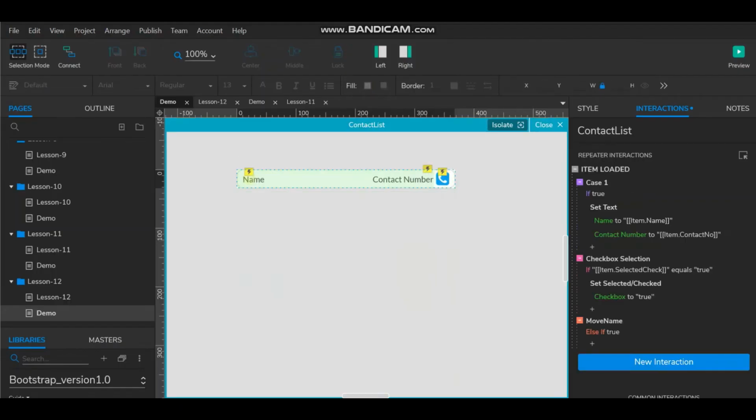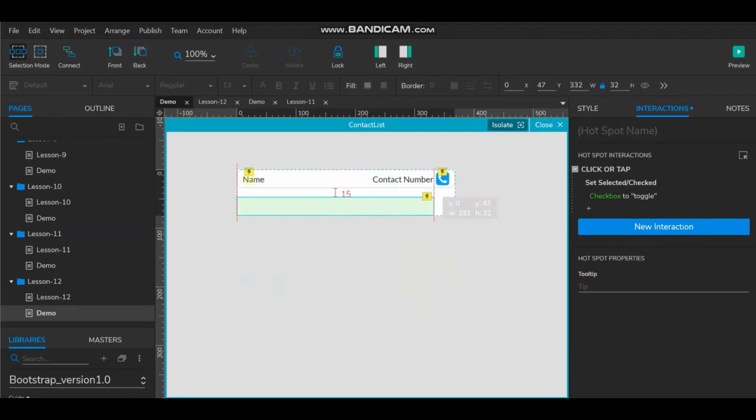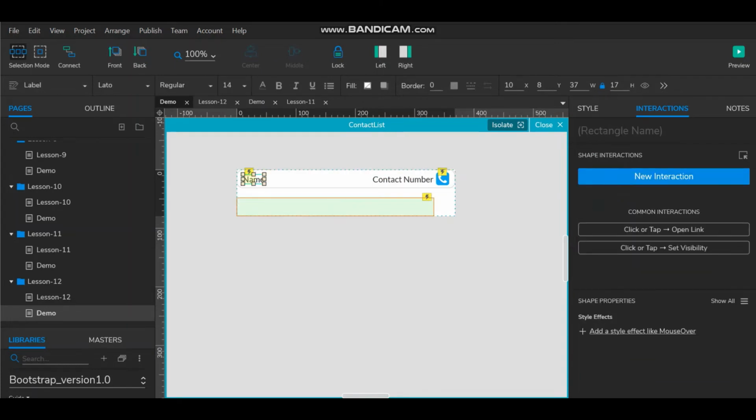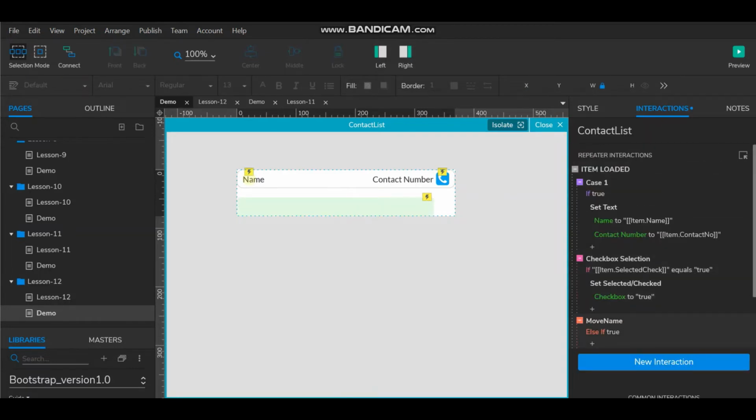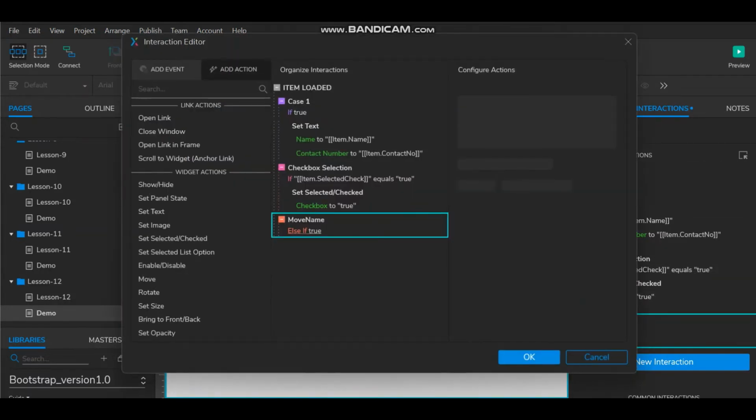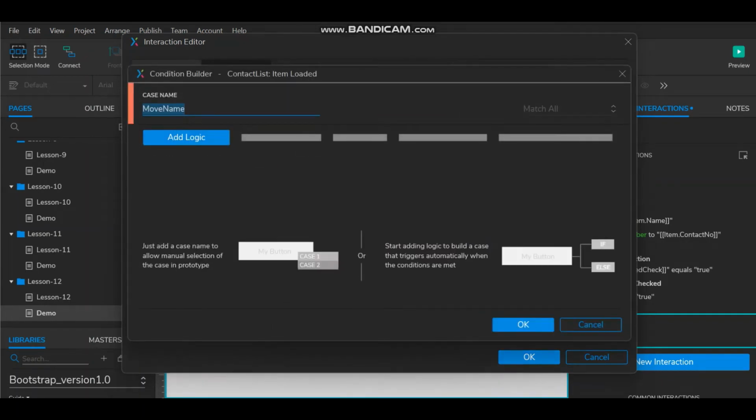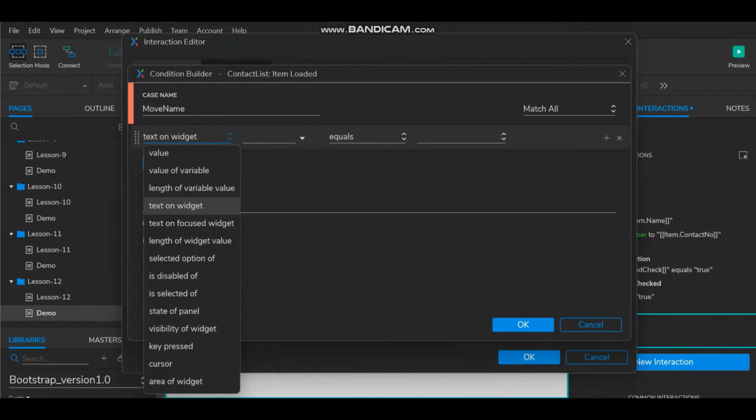So how will we move this? Now the name should become here, which is axis 40. So we'll keep 10 here and we'll say here move name, if visibility of widget,